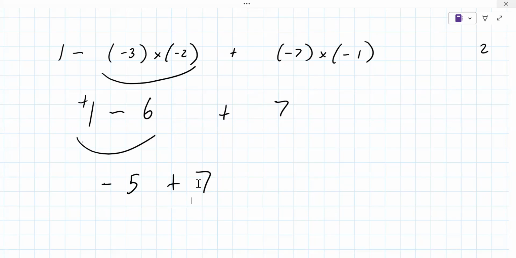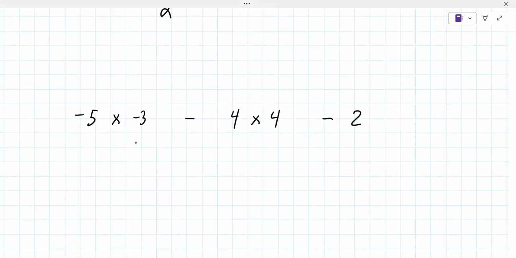So do you have the answer for this one? Yeah, 2. Yes. All right, good. Okay. So the hard part here is just processing all the stuff here. So we're gonna do a few more. Let's go: -5 times -3 minus 4 times 4